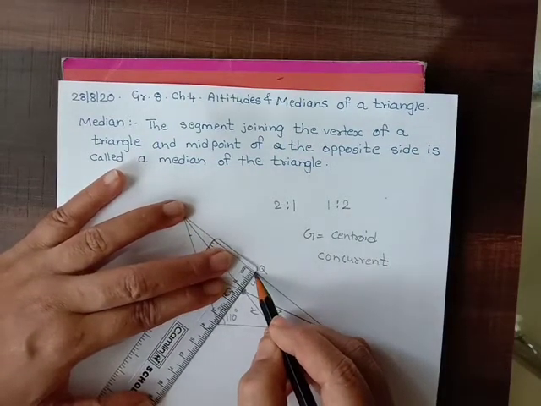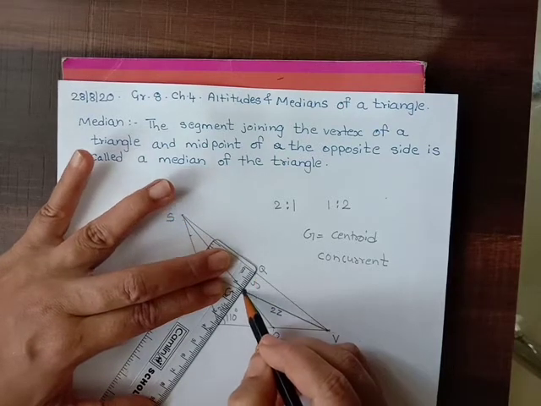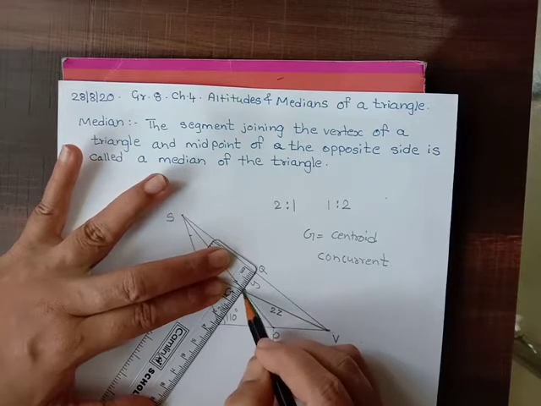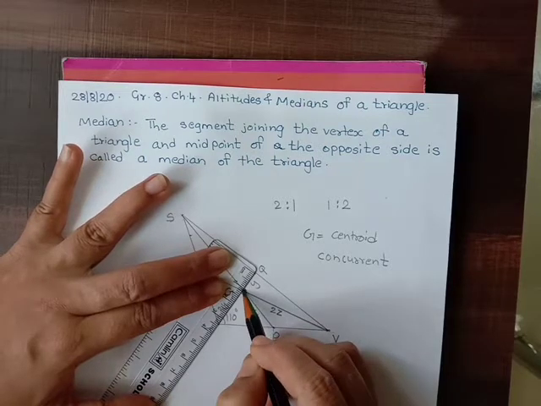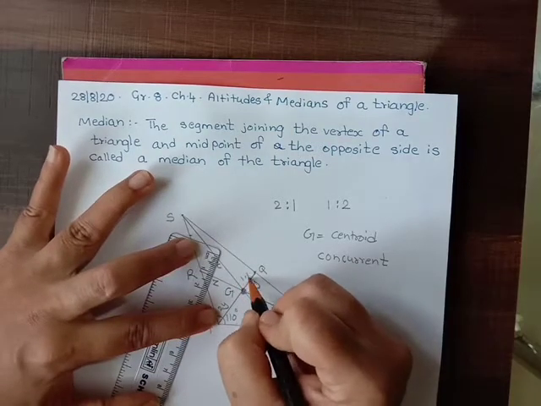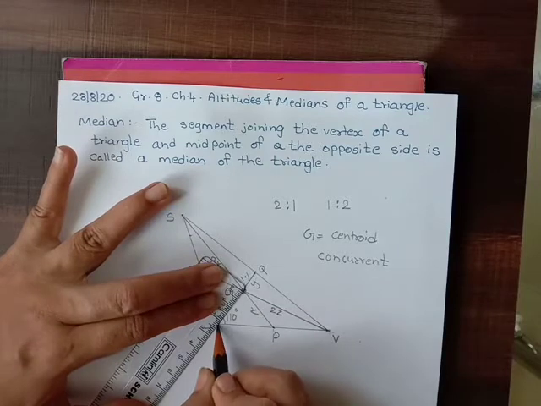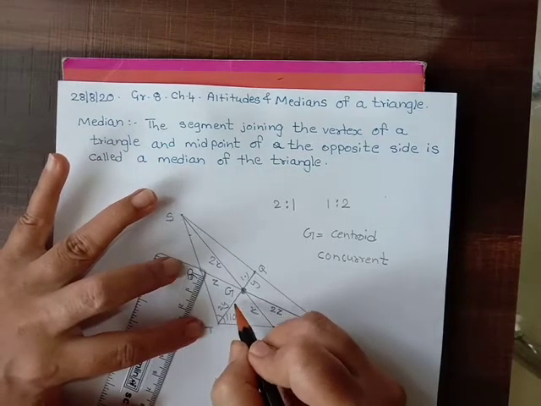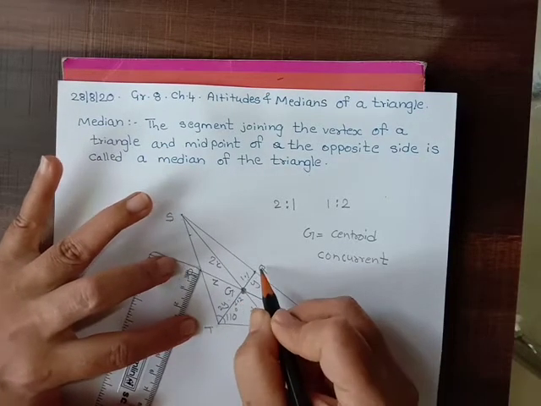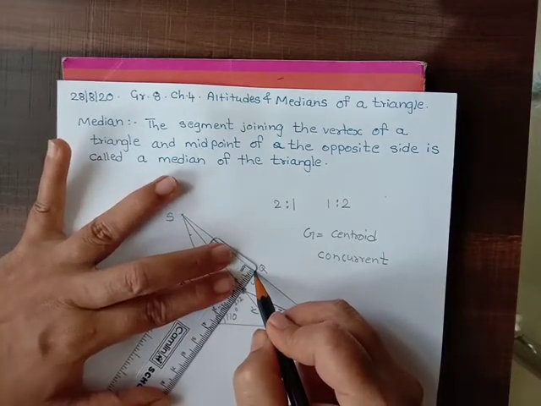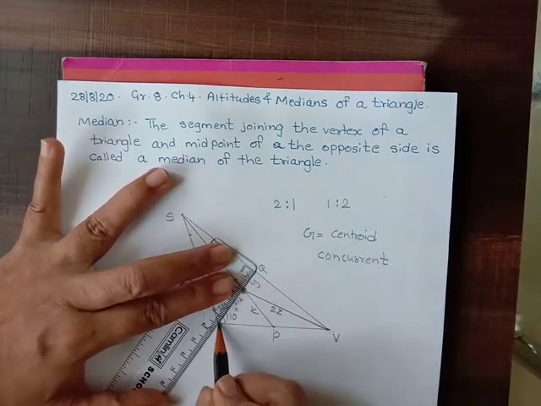Now see students, if I calculate up till here, I am getting 1.1. So twice of 1.1 is 2.2. So if this is 1.1, from here to here I should get 2.2. See, it is exactly 2.2. So this is 2.2, double of it. And total length TQ will be this plus this. That means it should be 3.3. See, it is exactly 3.3.